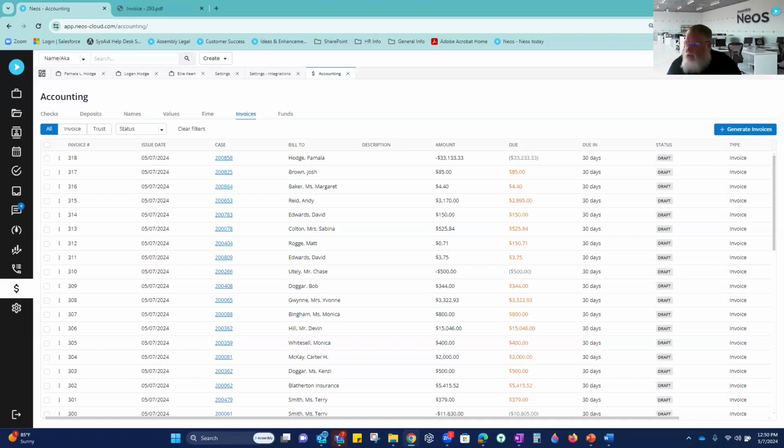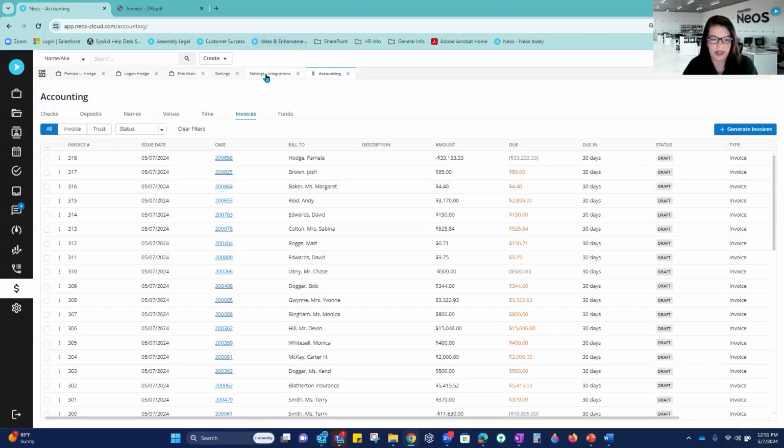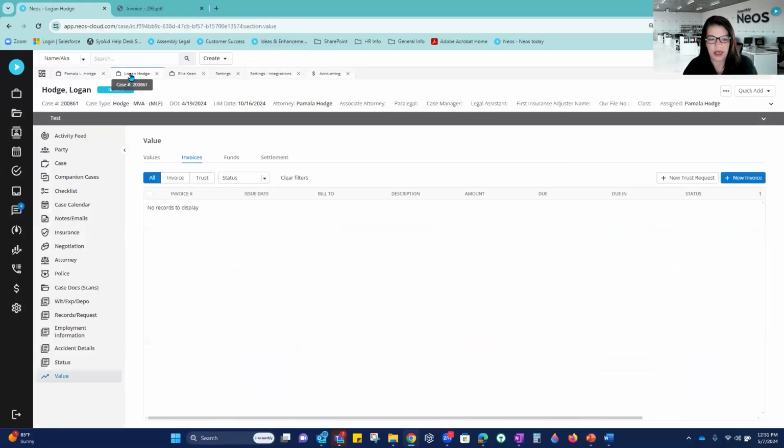And then Jason also said each entry would have its own invoice. I believe all the invoices would come in, so you would tell it what entries you want on that invoice. Right. So when you're doing bulk billing, it's date ranges. But if you're specifically only wanting to bill specific information on a case, you would need to go to the